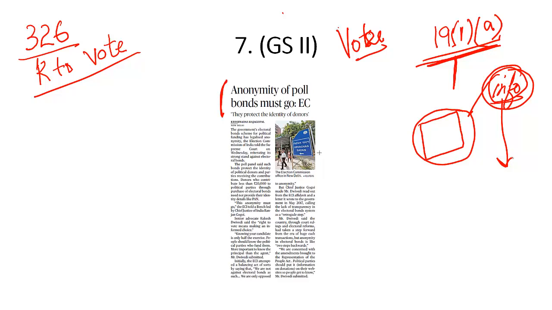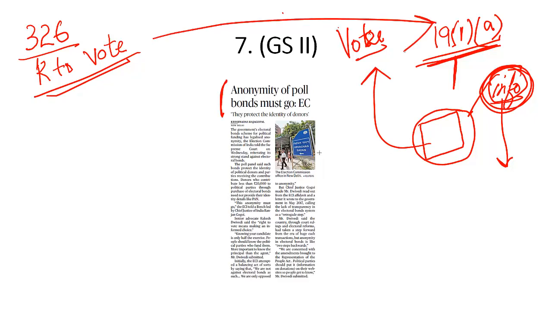What are the criminal cases pending against this candidate? What is the amount of assets in the name of this candidate and in the name of the spouse of the candidate? So that on the basis of this information, I can make an informed choice and I can cast my vote in the Indian elections. That is the link between right to vote and the fundamental right of freedom of speech and expression available to every single citizen of this country.